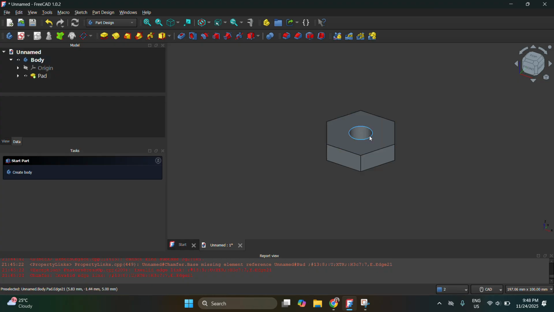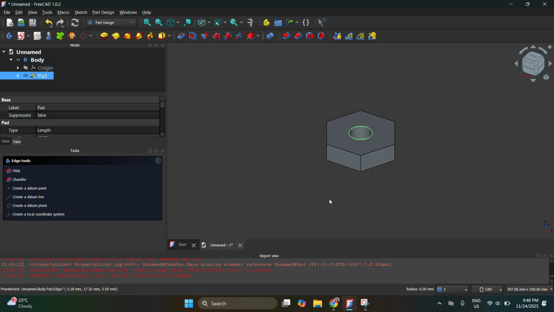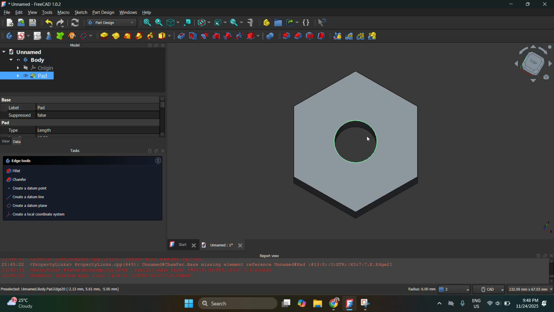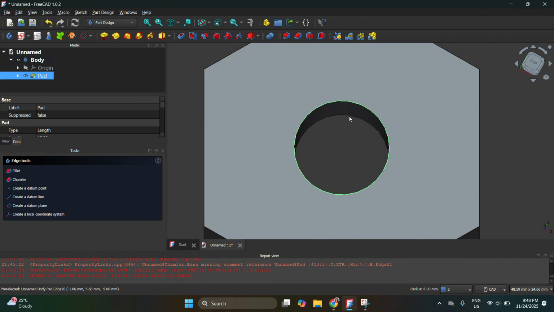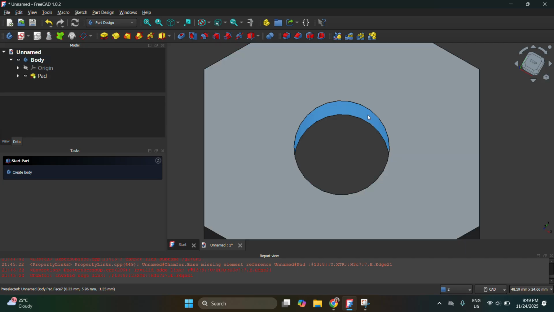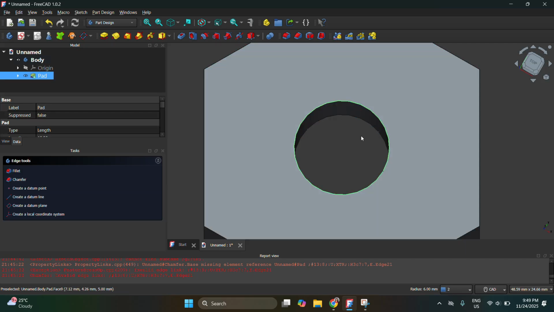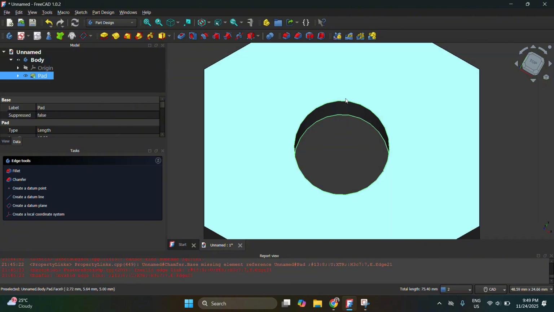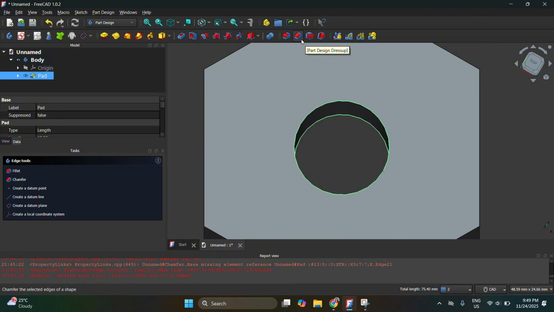Now, let's add a chamfer. Again, there are two ways. You can click the edge and then click chamfer and set the parameters, but you can also click all the edges that you want to chamfer. Say, for example, this one is the edge that I want to chamfer, and then another one at the bottom. Make sure the highlighted edge turned green, and then also the other one. Before you select, press the Control key. Now both the edge on top and at the bottom turned green. That means you selected it correctly.